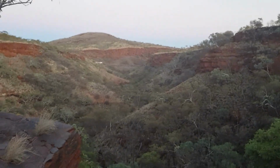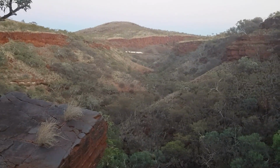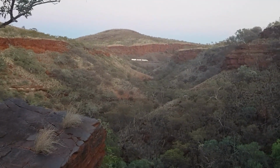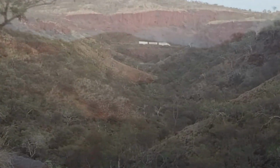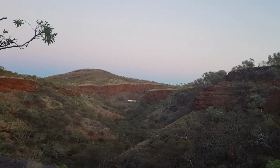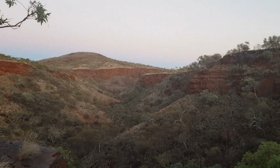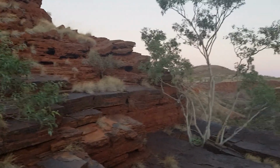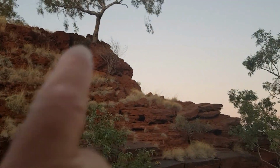Yeah, that's a pretty nice view. You can see a triple road train going down the road. You can probably hear him. But the belt of Venus is starting to come up, so it's time to get set up for a composition and take a shot. Alright, so I think I found my composition, and I'm going to do a panorama between here